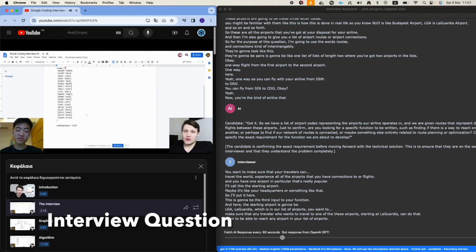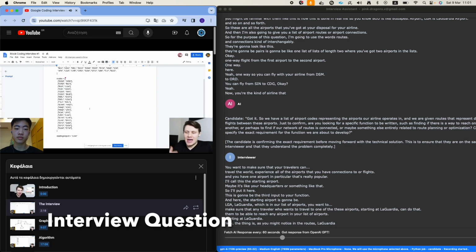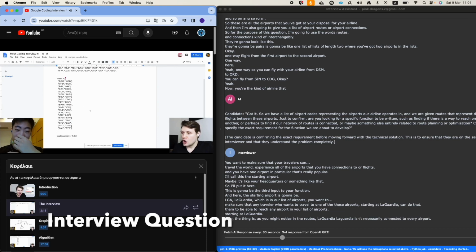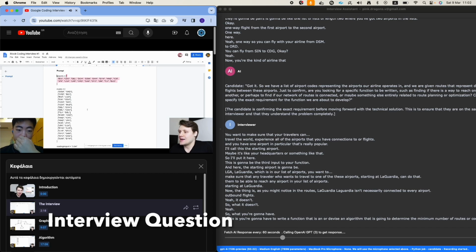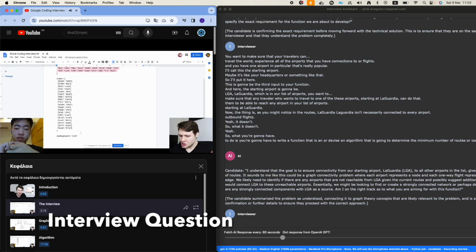So what you're going to have to do is write a function, or devise an algorithm, that is going to determine the minimum number of routes or connections, so one-way flights, that you have to allow as your airline to enable any passenger to go from LaGuardia to any other airport. Now, the one caveat is that it doesn't have to be that the passenger can